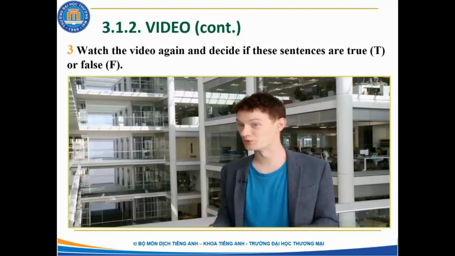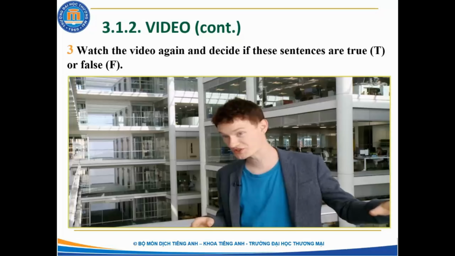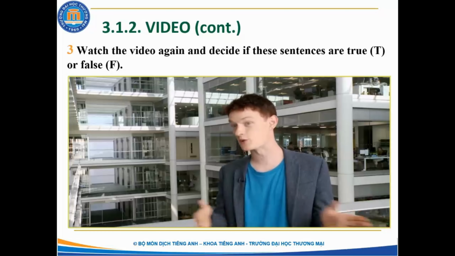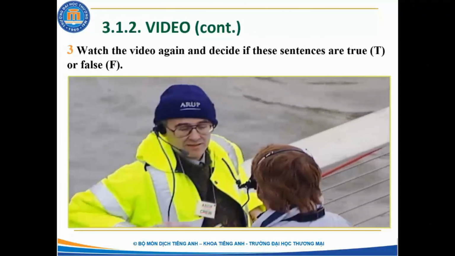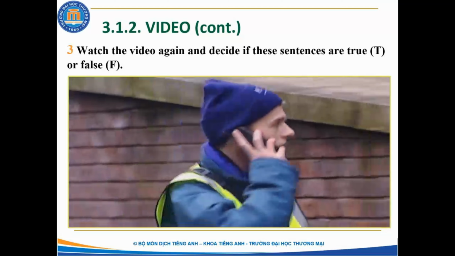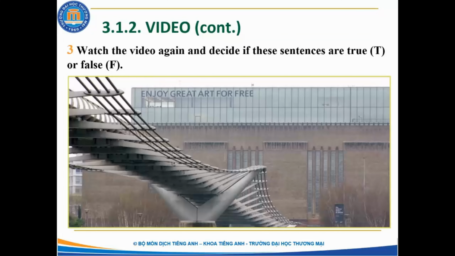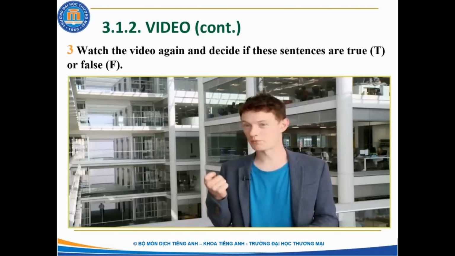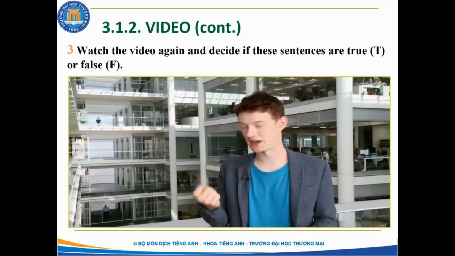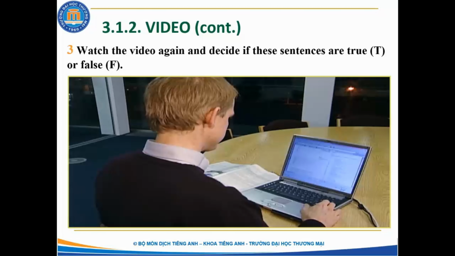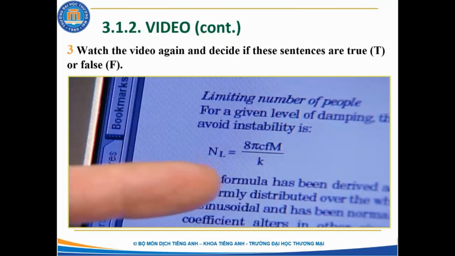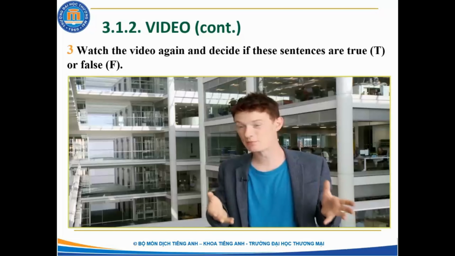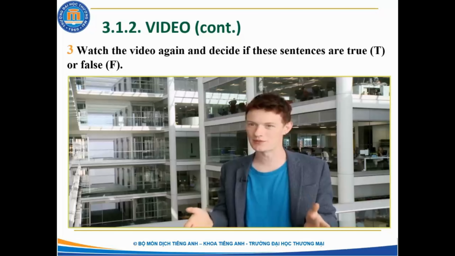What was unusual was that when people started to walk across the bridge, it began to sway quite dramatically from side to side. The engineers were sure that the bridge was safe, but the team closed the bridge while they investigated the problem. One of the central parts of a project manager's job is risk management. So that's anticipating all the things that could possibly go wrong and having a plan in place to reduce those risks. And in the case of the Millennium Bridge, they just didn't see the wobble coming at all.